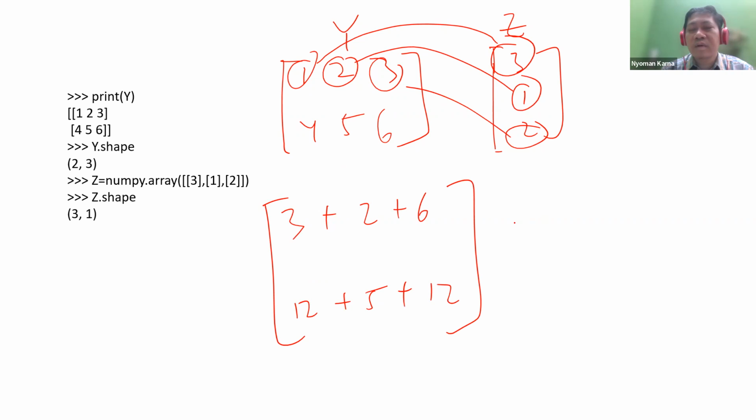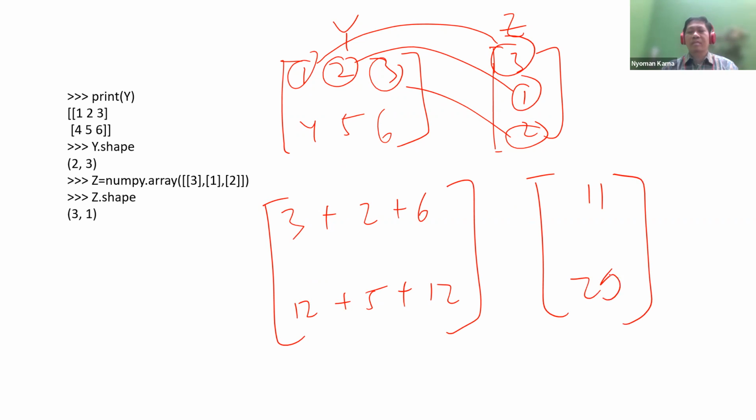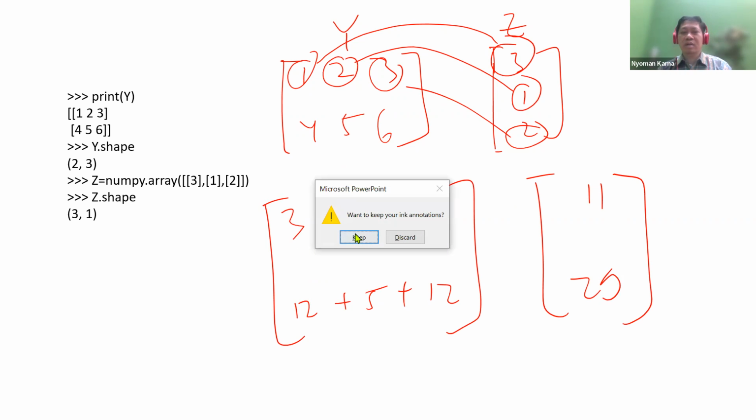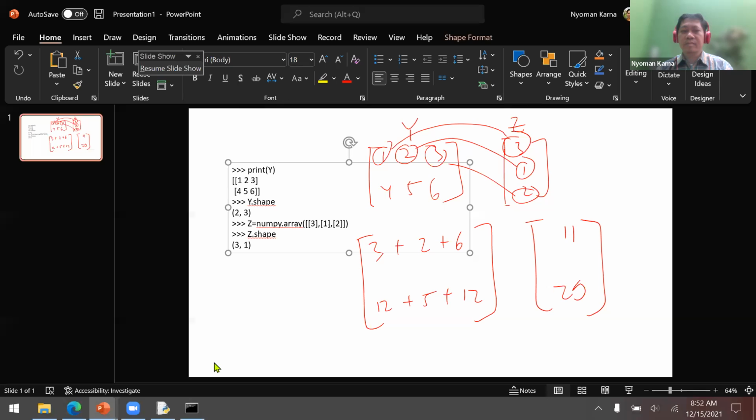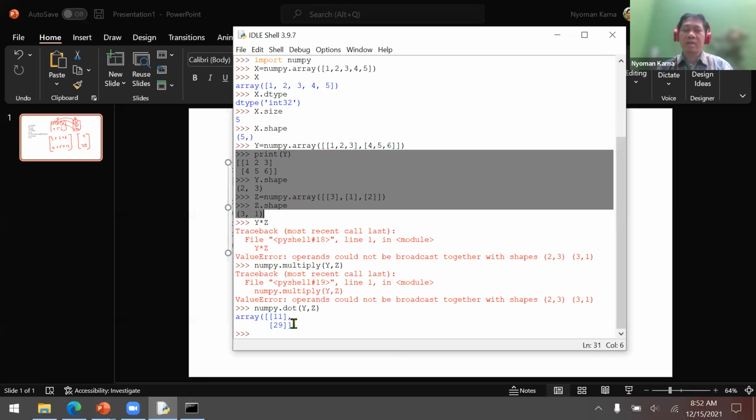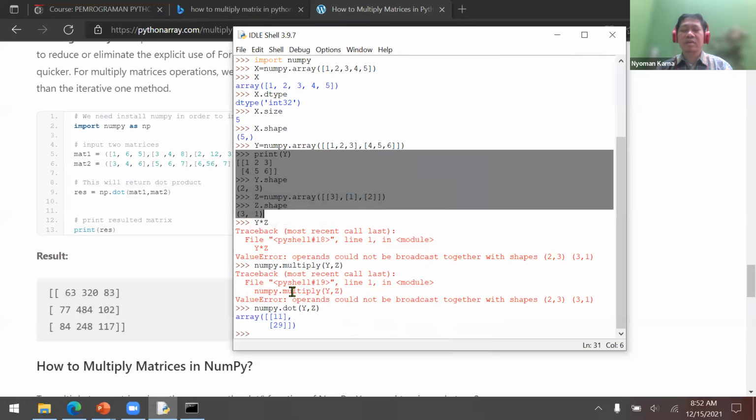So it will be 11, and then this one is 29. Let's check our result. Oh, that's correct. 11 and 29. So instead of using multiply, we have to use the dot function.